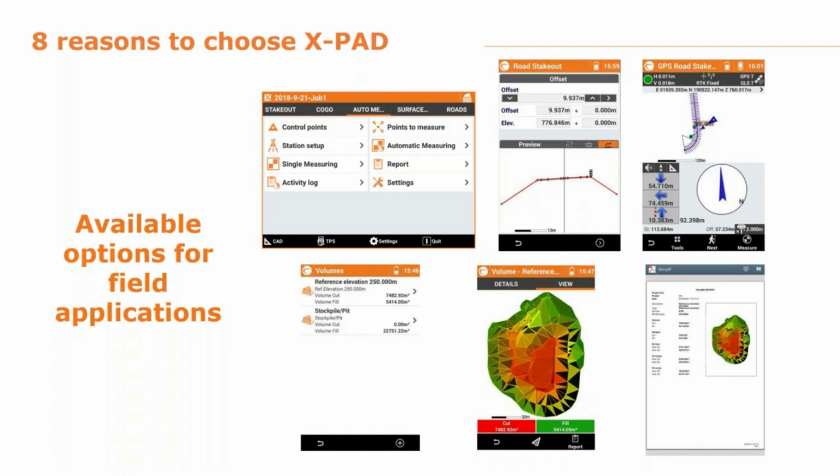Also, we have one for surface and volumes. You can create the surface, create two different surfaces. You can get the volumes between the two surfaces. And many ways to do it. You can create surface in the field, or you can import those. You can get some volumes on your stockpile or your pit. Has some great graphics, gives you the cuts and fills, and then also it generates a report right from the